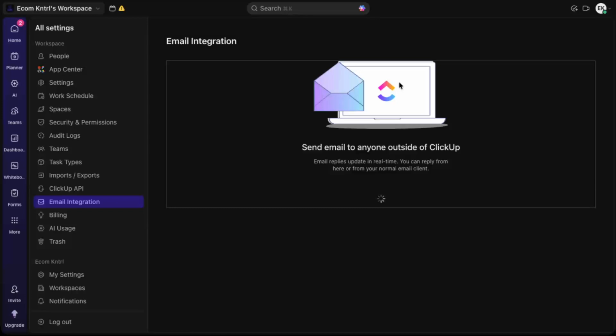In the Google window, you'll be asked to choose which Google account you want to connect. Select the Gmail account that you use for your work, or the one you want to use inside ClickUp. After selecting the account, click Continue. Google will now show you the permissions that ClickUp is requesting. These usually include the ability to send emails, read emails, and access basic account information, which is necessary for the